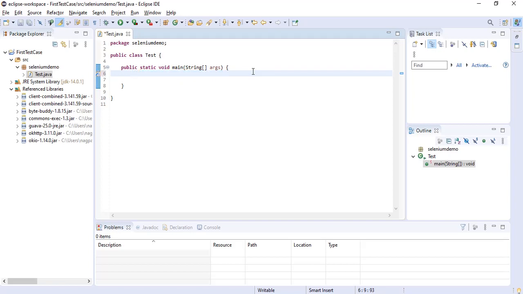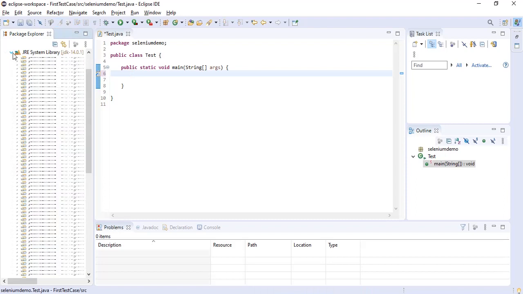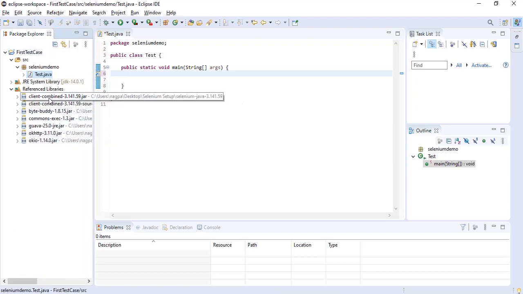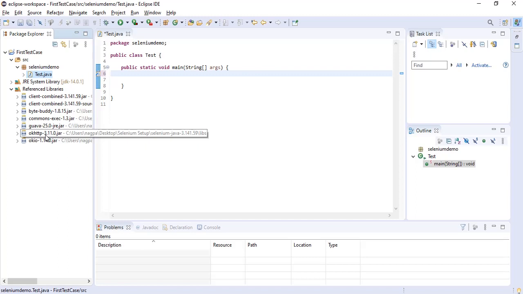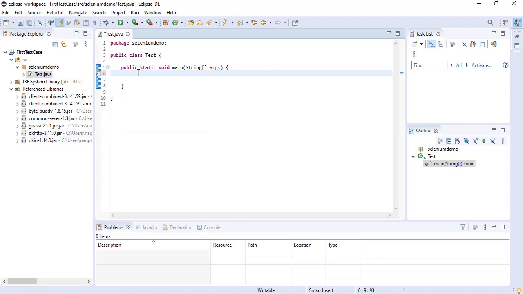So now that we have our Java files here, and also the jars that are required for Selenium are present over here, what about the drivers for the browser? So these drivers are what can instantiate your browser. So we will have to type a command so our drivers are connected to our program. So the command for it is